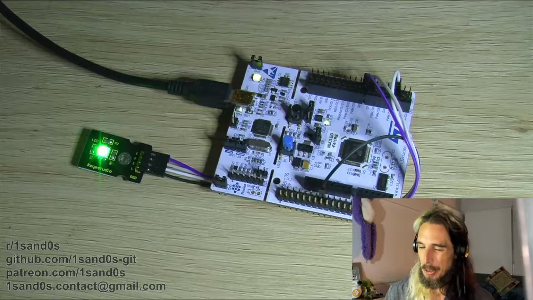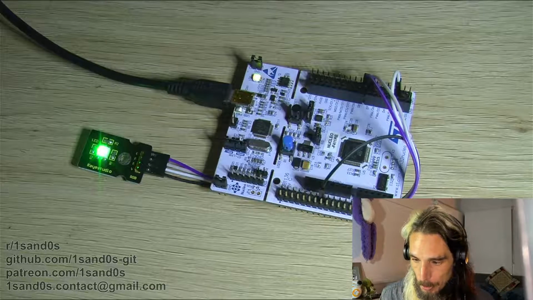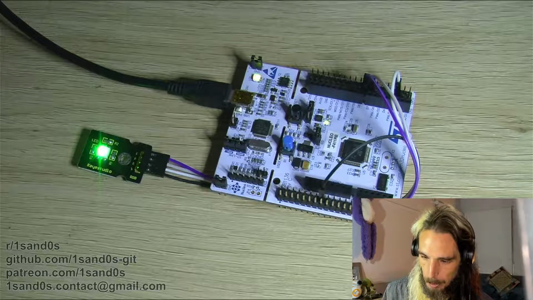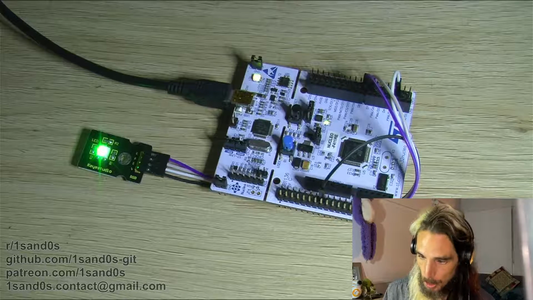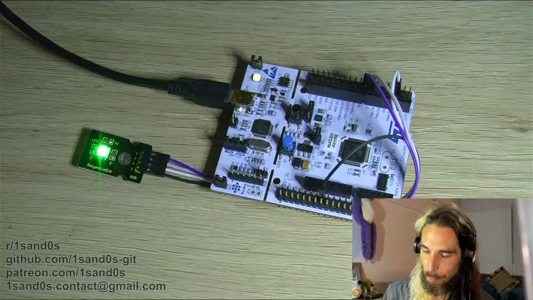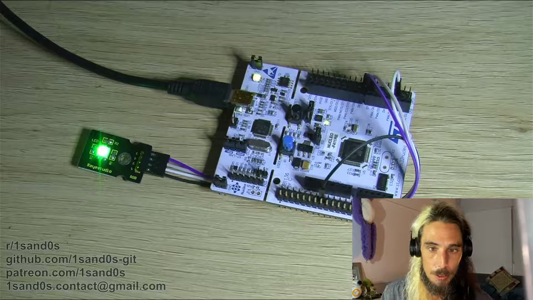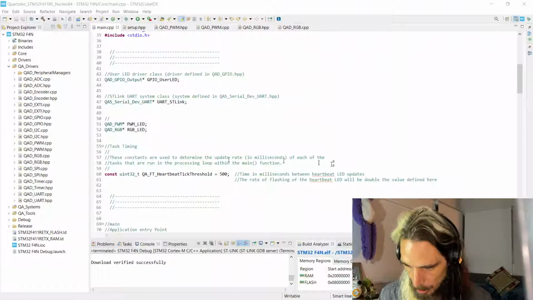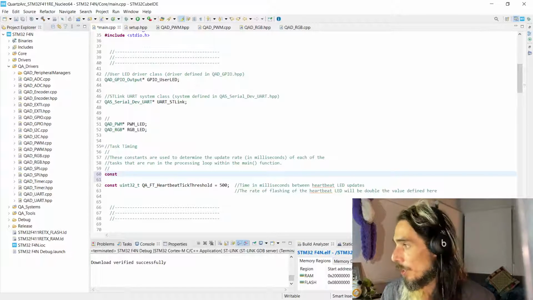So nice simple approach, fairly simple driver. It just allows a little bit of an easier approach for hooking up a typical RGB LED if you want to use one in one of your projects. But let's make use of the driver and let's animate it slightly. So we'll pop back over to this one and just up near the top of our main CPP, I'm going to chuck in a constant here